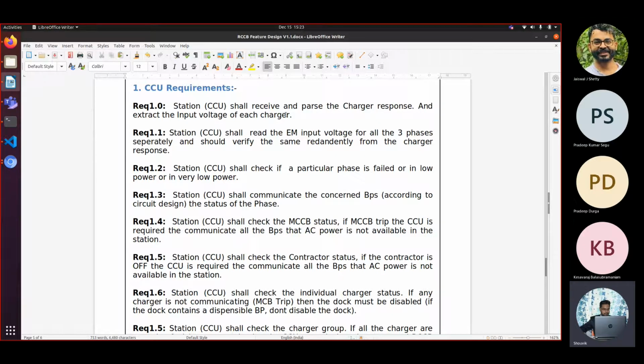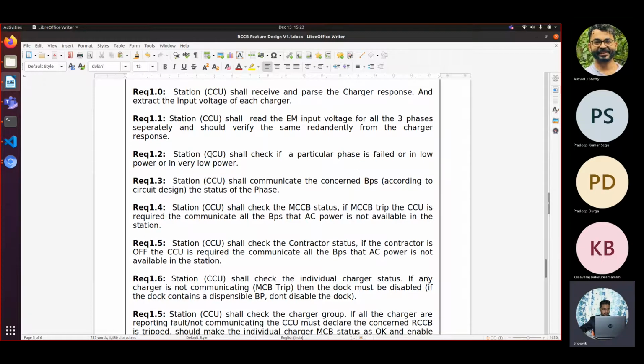It is assumed that the CC will get the charger response and will extract the input voltage. The energy meter of all three phases will be checked separately. These two points are the same.